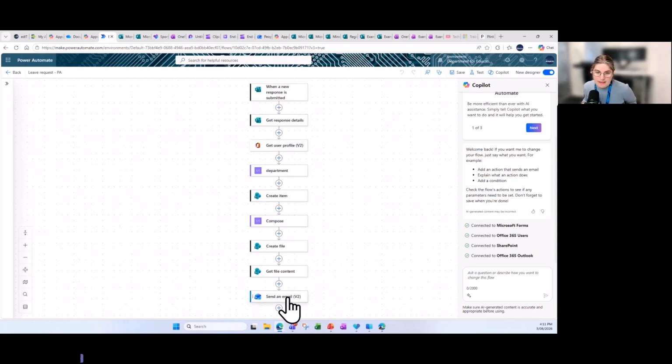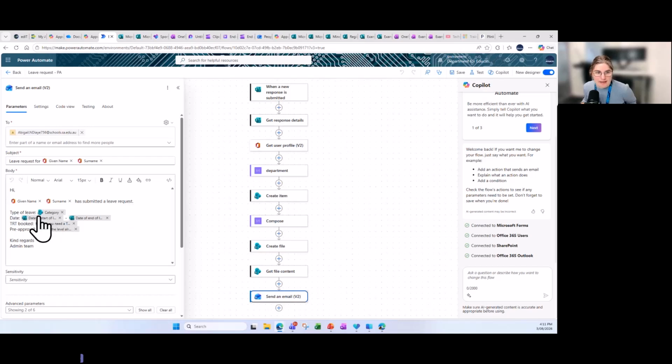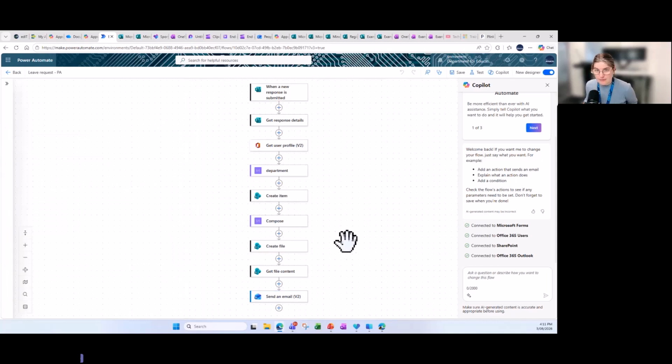In this case, you can see in the email, this particular one gets the data from the form. So the email will tell me what's been put in the form as well. So this example is a leave response. So it tells me what category of leave the person requested, the start date and end date, whether they booked a TRT, and whether they've got pre-approval. So again, a hugely powerful app, not giving it justice at all, but just letting you know that it exists. Okay,